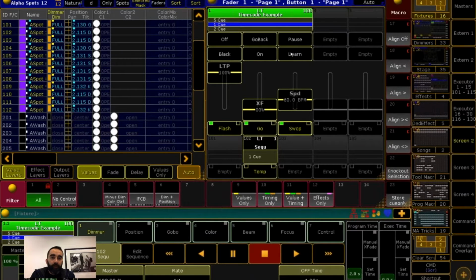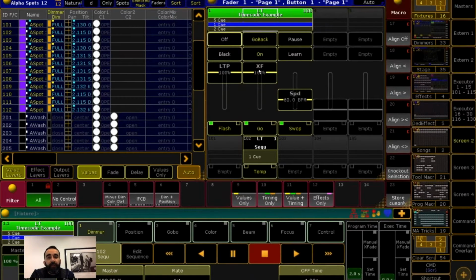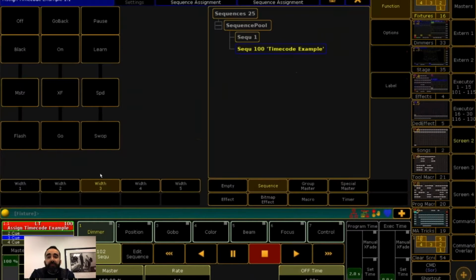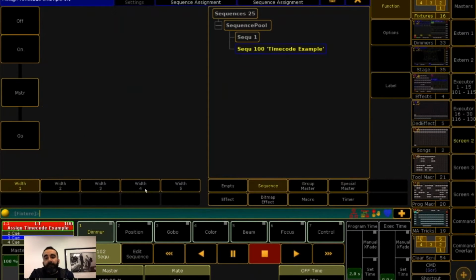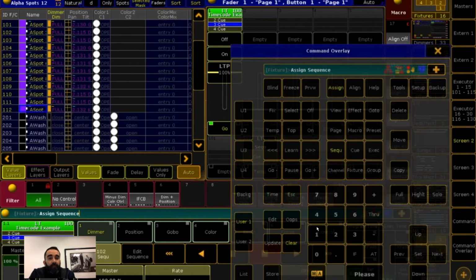I have flash, go, swap, learn, on, black, go back, pause, off. I have a speed fader. I have a crossfade fader, so I can manually crossfade. If you need more handles, change the width. It can go all the way up to 5. Assigning sequences, if you don't want to use the assign method by saying assign sequence 100 here, or delete